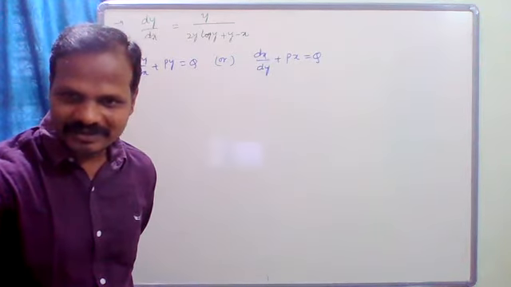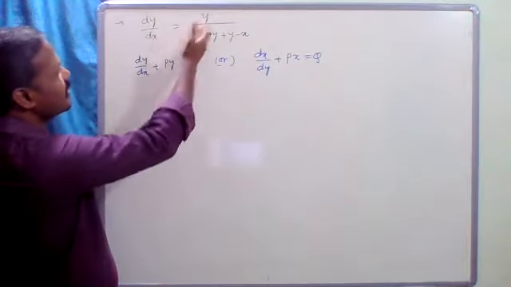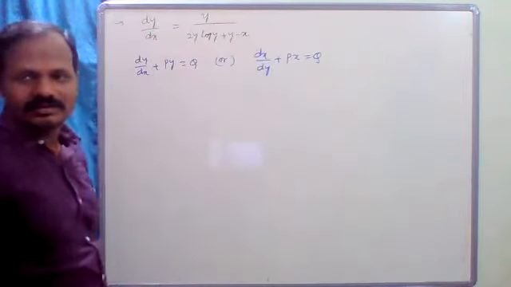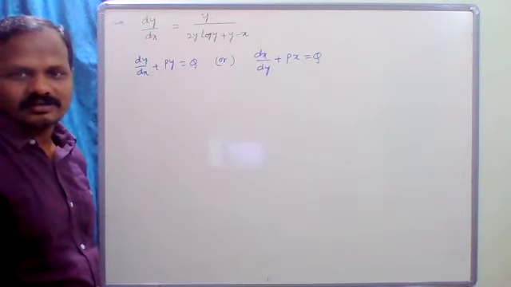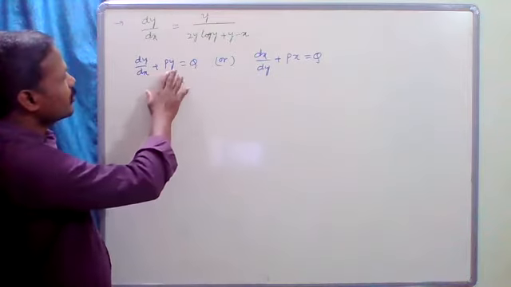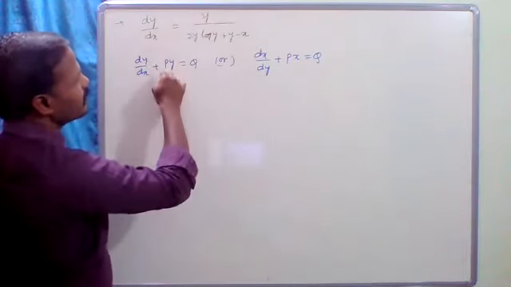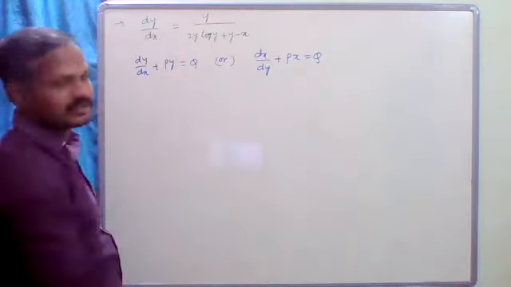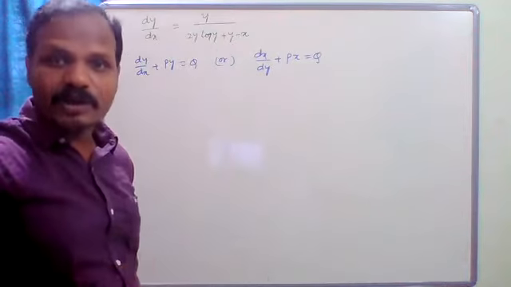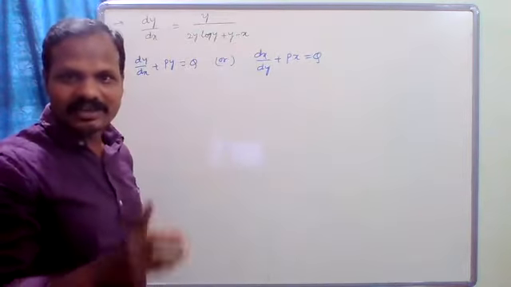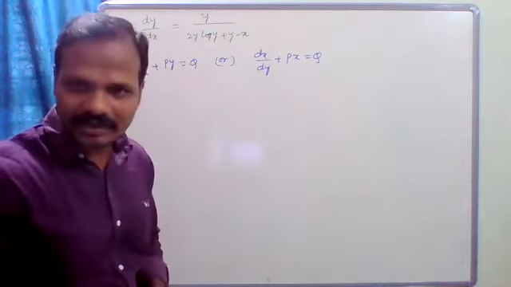Okay, good. Somebody said case 1. How is it case 1? dy by dx plus Py equals Q. But how can you take P from this side? P means a function of x. Is it possible to separate this? No, it's not possible. Y by something, in the denominator more terms, in the numerator only a single term. Then what you have to do? You have to take the reciprocal.